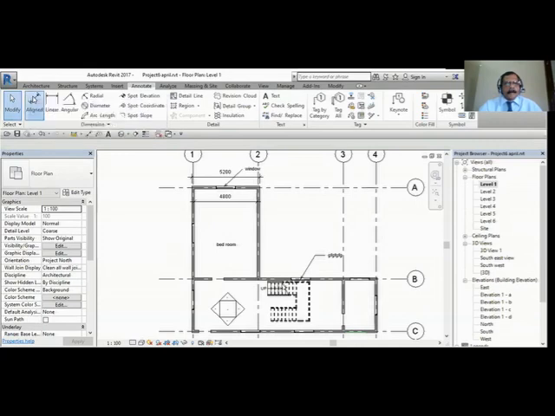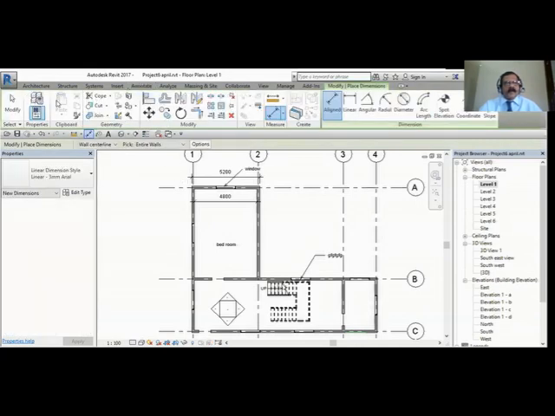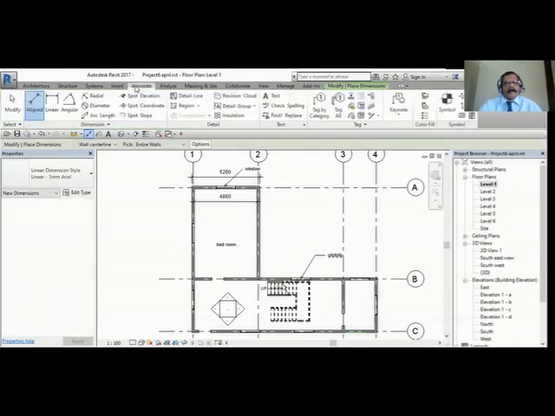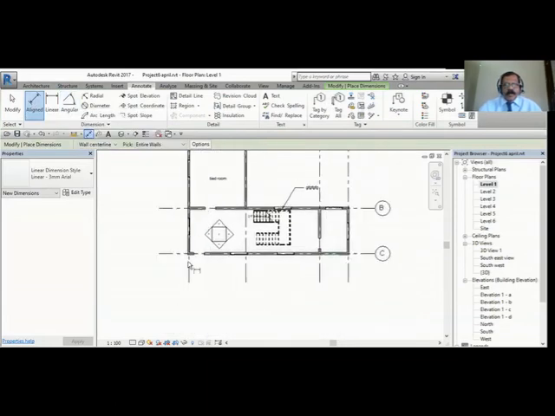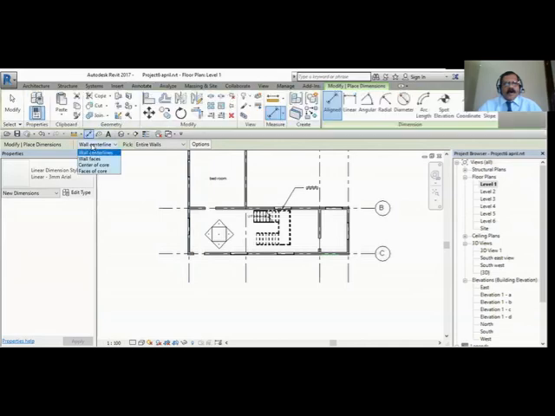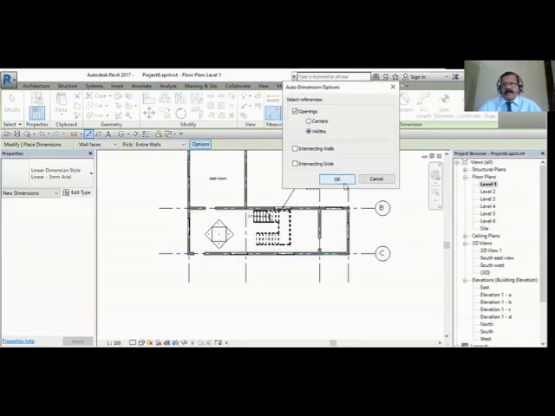Annotation, aligned, you have to try this, then only we'll learn. Annotation, aligned, and suppose I want Wall Faces, Entire Wall, that means I will have to select only one wall, and it automatically marks all the walls.